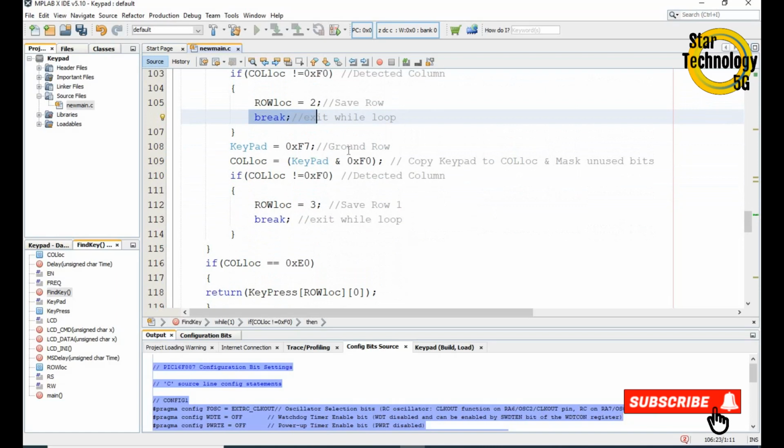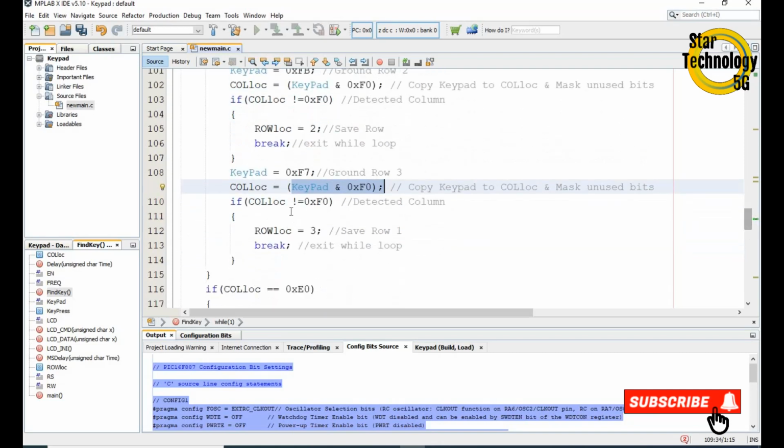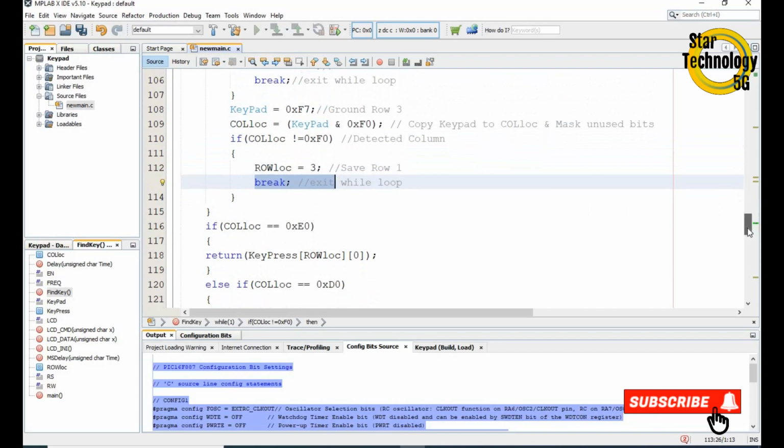We will ground row number 3. And it will copy that data to the keypad, and here we mask the unused bits and we will copy that data to the column log. If column log is not equal to 0xF0, it means row log is 3 and it will break the while loop. When we find the row log, now it's time to find the column.